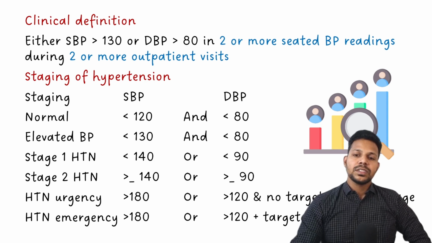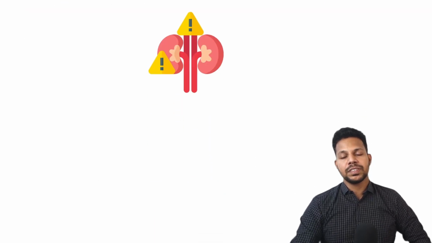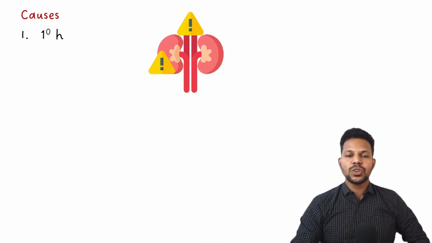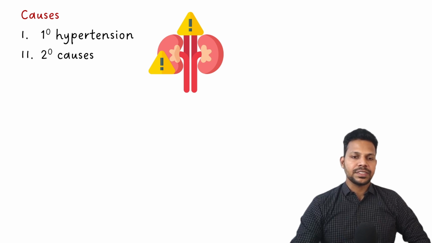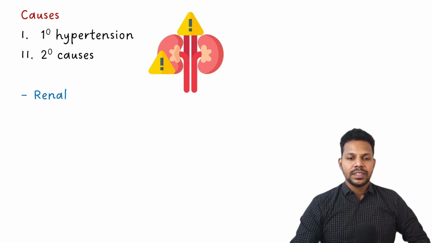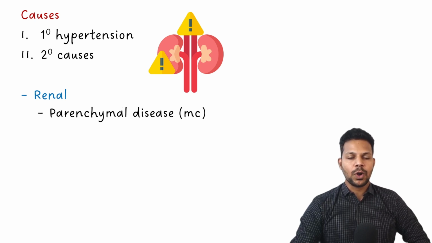Okay, now let's look at the etiology of hypertension. The most common cause is primary hypertension or essential hypertension, which is of multifactorial origin, and the other one is the secondary causes. So we have a lot of secondary causes. The most common ones are the renal ones. In the renal as well, renal parenchymal disease is the most common one, followed by polycystic kidney disease,